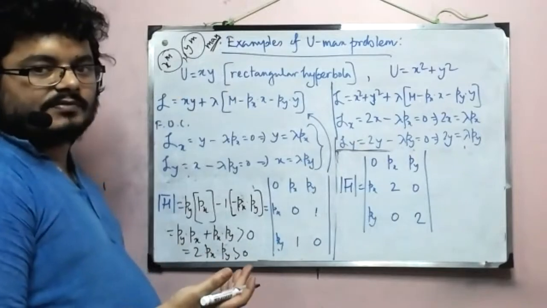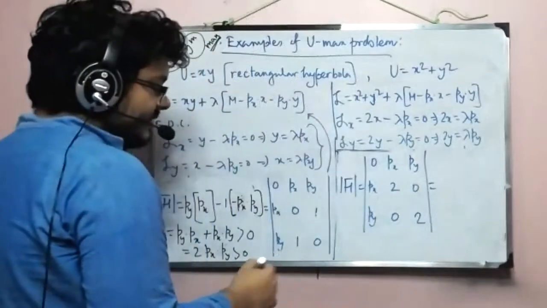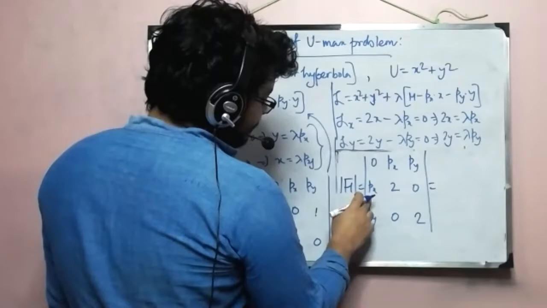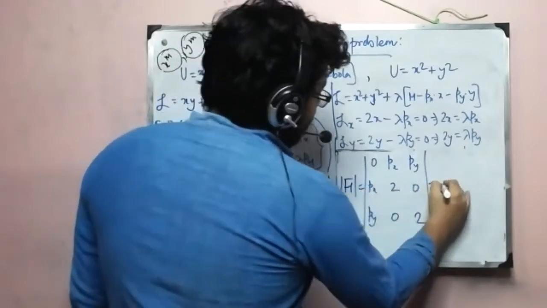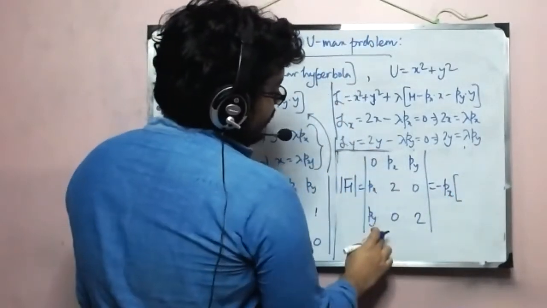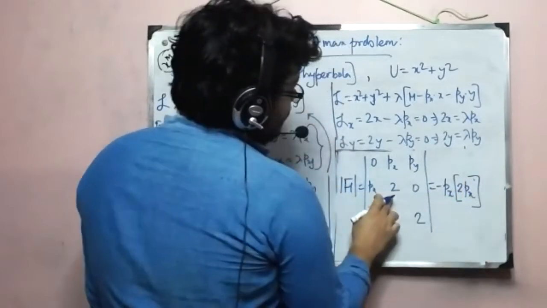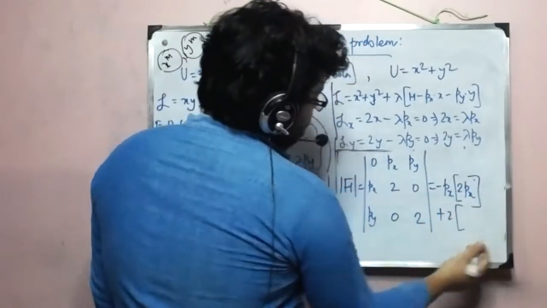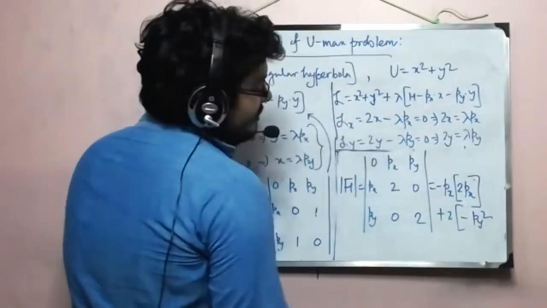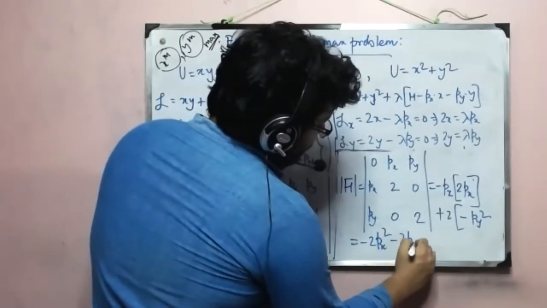Okay, so obviously it's a different problem. So we have a different looking border Hessian determinant. Now what is the value of this? So let us take the middle row. So this is 1 and 2 and 1. So this is minus px. Right. So this and this, there will be 2px, right? And then this will be plus 2. So these two are gone. So 0 minus py square. So what we have obtained here, the answer is minus 2px squared minus 2py squared.